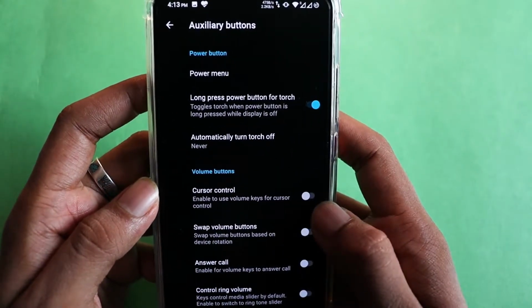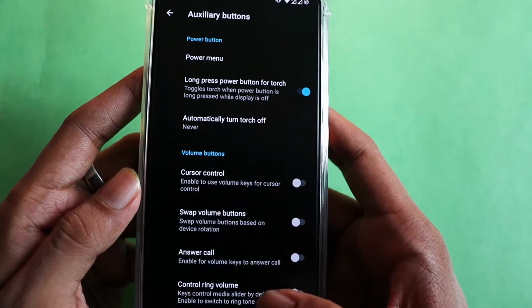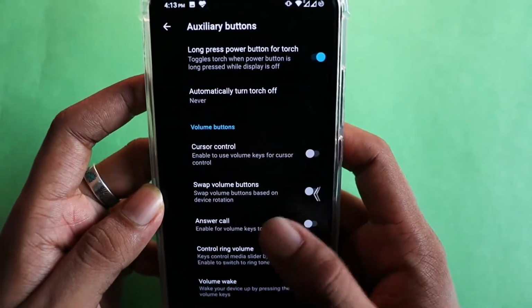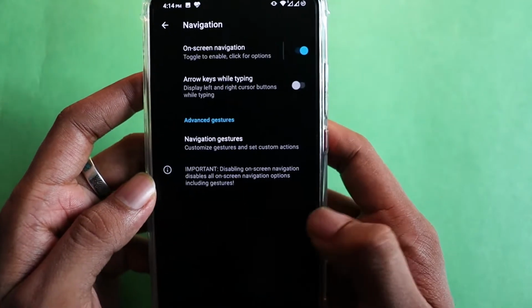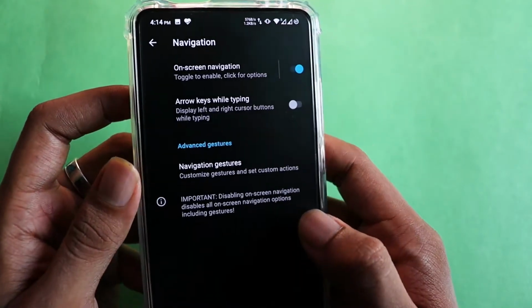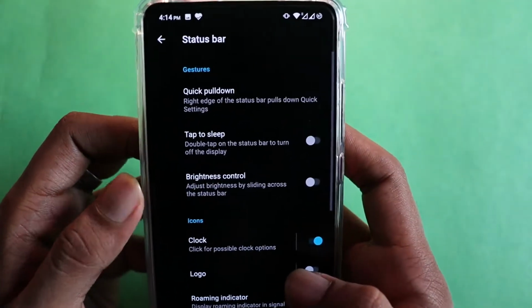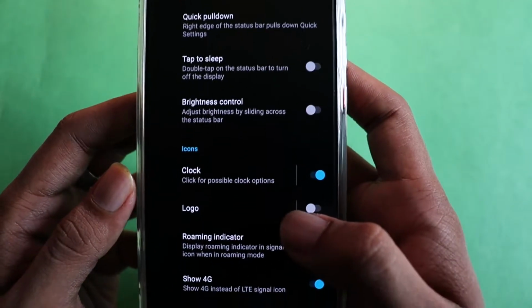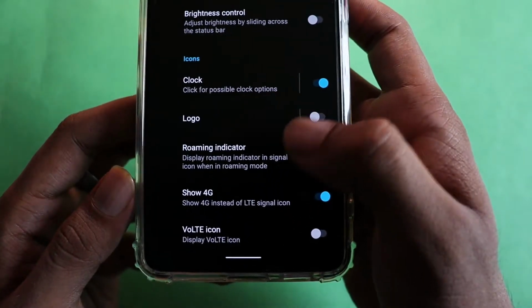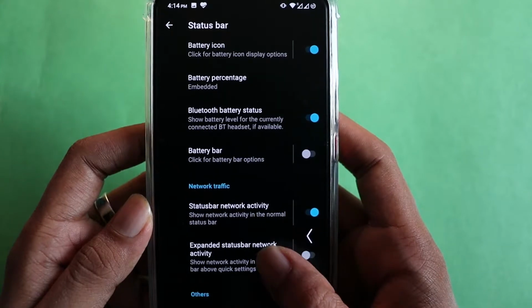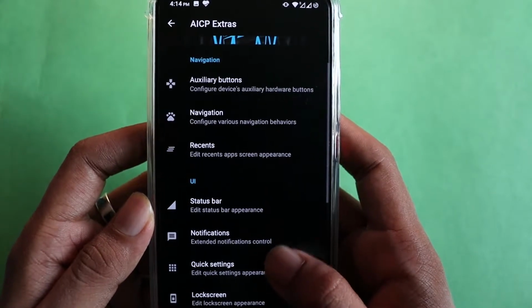Like for example, in auxiliary buttons you have the customization related to buttons, and similar to that, navigation, you have the navigation related customization options. In the status bar you can customize most of the things like quick pull down, tap to sleep and similar things. These options are generally very similar to Evolution X, so I'm not gonna go in deep.